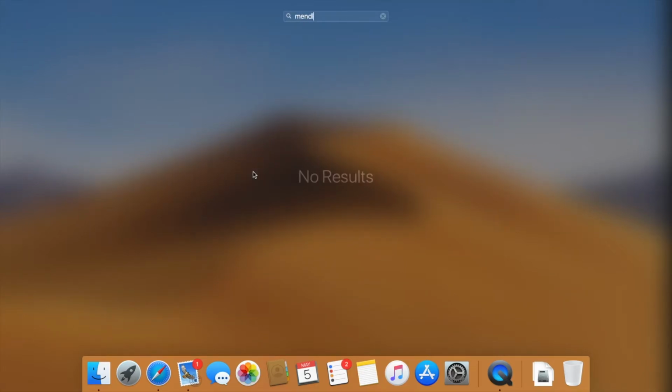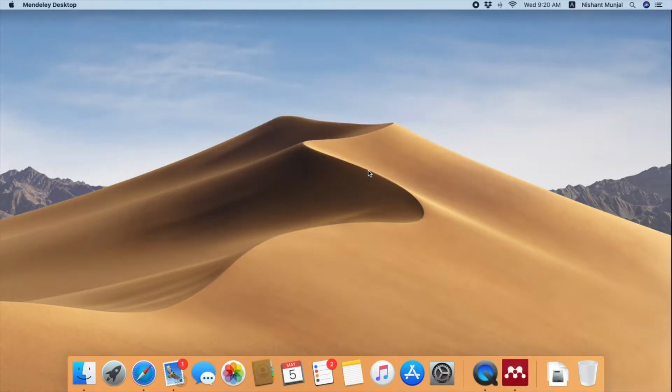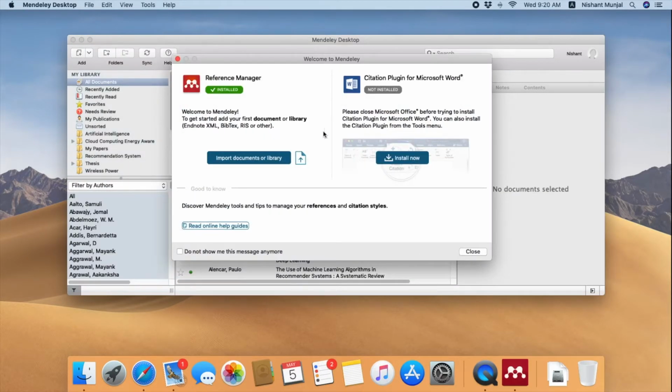This is Mendeley. I'm talking about Mendeley Desktop. It will ask for the username and password that you have created there. Enter the username and password and let's sign in. As you sign in, you'll see that Mendeley Desktop has opened, and all the documents that I have uploaded over the last 5, 6 years